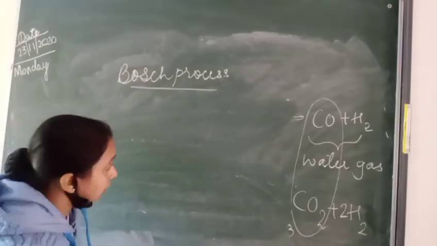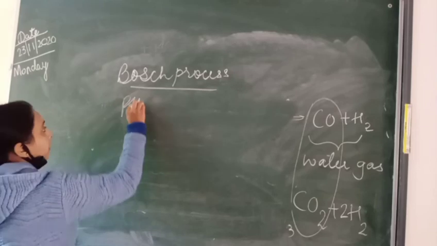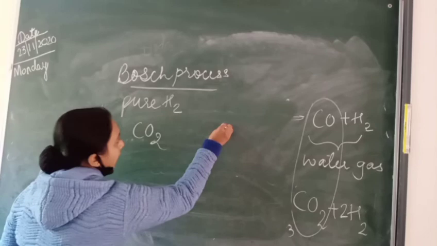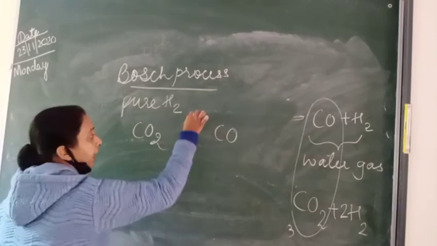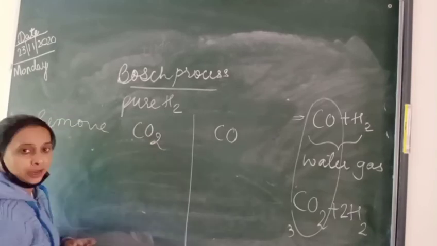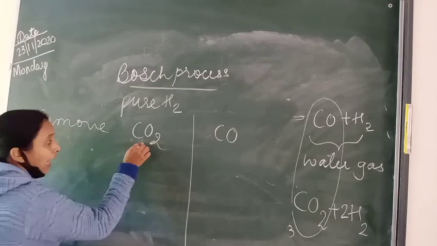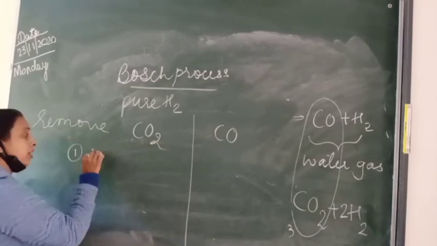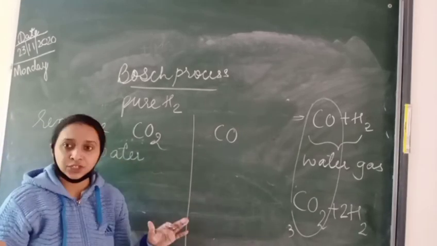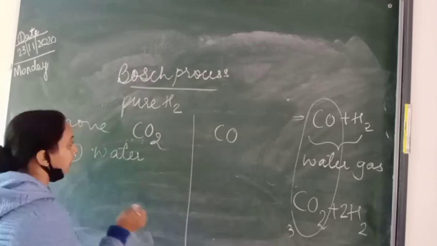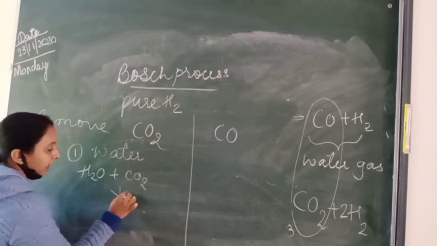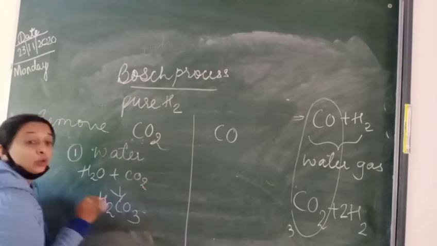In the second equation we have what? Carbon dioxide, and in the first equation we have carbon monoxide. How you will remove this? Removal process. How you will remove the carbon dioxide and carbon monoxide? Carbon dioxide निकालने के लिए we have two process. First you can pass it by water. Water से pass करो. Okay. In high pressure water will be passed. So water will combine with carbon dioxide. H2O plus CO2 गैस कंबाइन होगा और ये क्या देगा? H2CO3 कार्बोनिक एसिड. What it will form? कार्बोनिक एसिड और ये निकल जाएगा. So hydrogen is free.